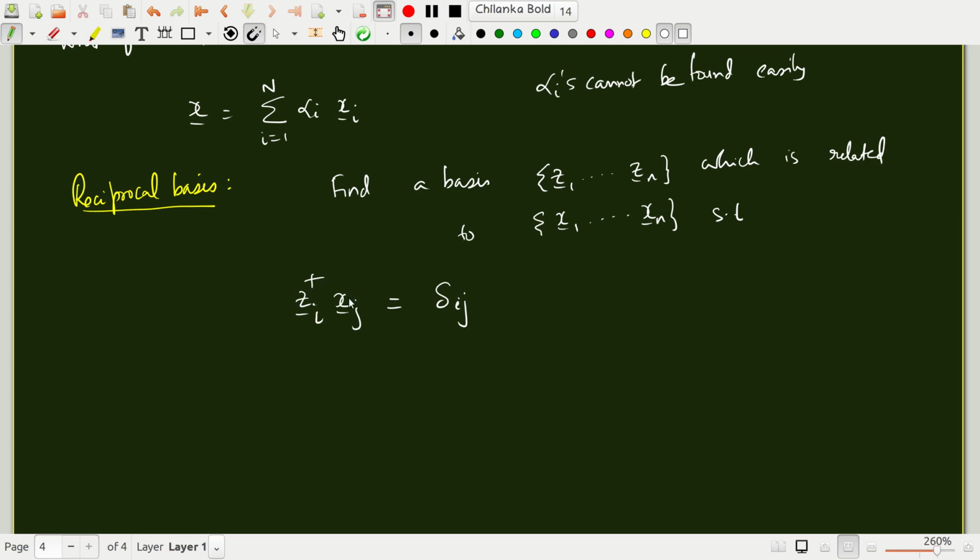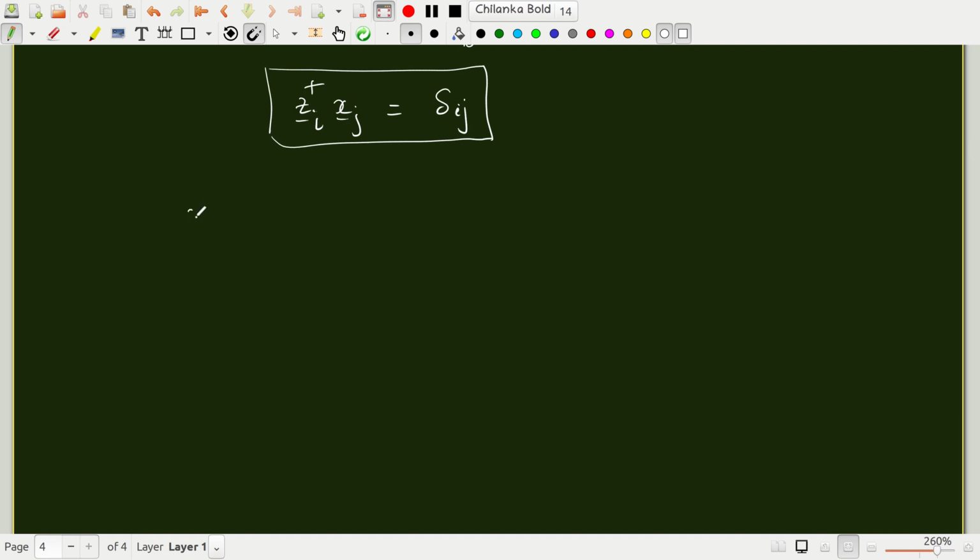If I dot it with the first original basis vector, they will give the same answer. All the others are orthogonal. Okay, so this is the way reciprocal basis vectors are defined. So this is the definition of reciprocal basis vector. Then the determination of the coefficients of expansion of any vector x in terms of a non-orthogonal basis becomes simple,